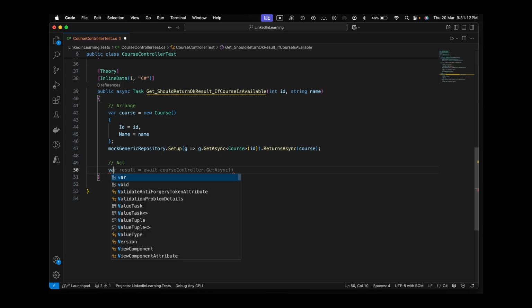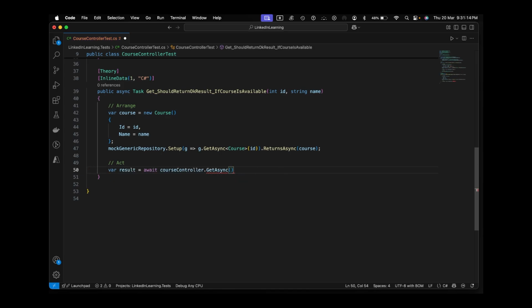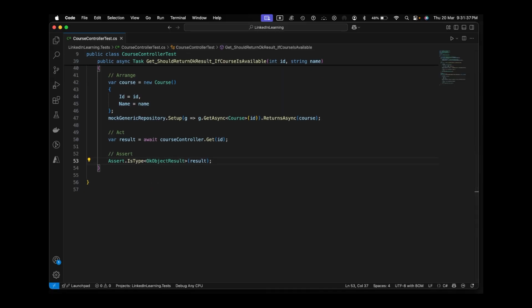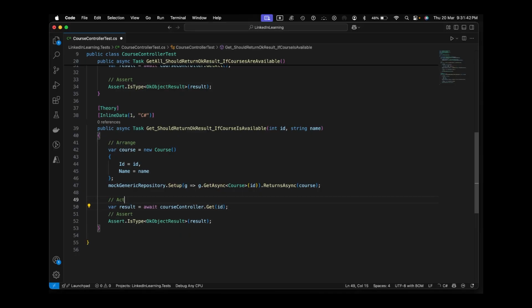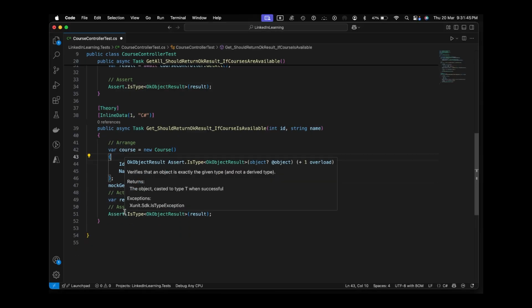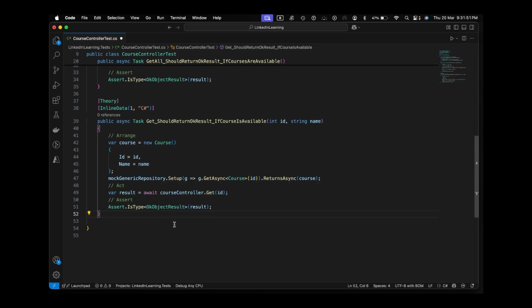Act, variable of result is gonna be get, and then assert of okay object result. Okay. Let's say this is a positive case. Let's talk about negative case. Let's say if I pass 0,